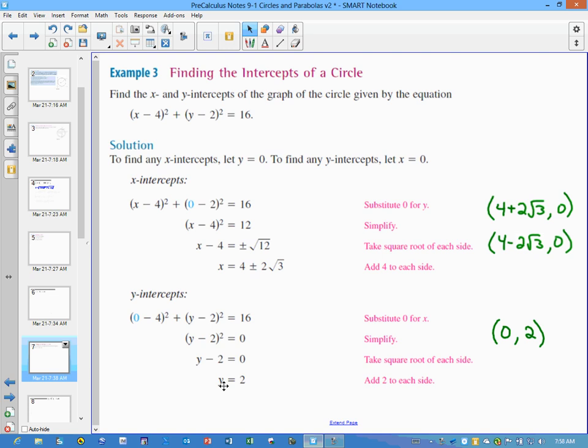Make sure when you have a value for the y value, make sure you put it in as the y value and not as the x value. It's not (2, 0), it's (0, 2). All